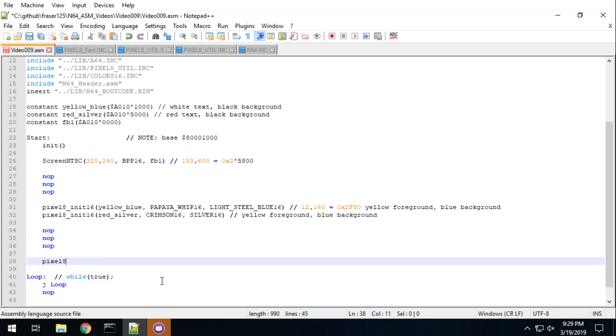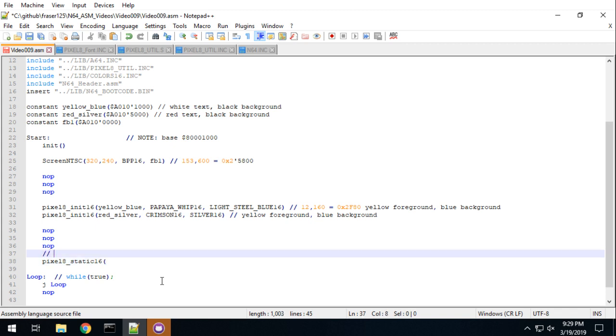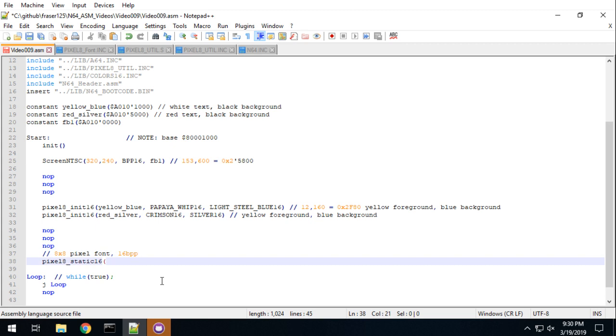So this is going to be pixel 8, and we're going to call this static 16. That is an 8x8 pixel font, 16 bits per pixel. The variables that we need in order to draw our text to the screen: we need to know our font name,